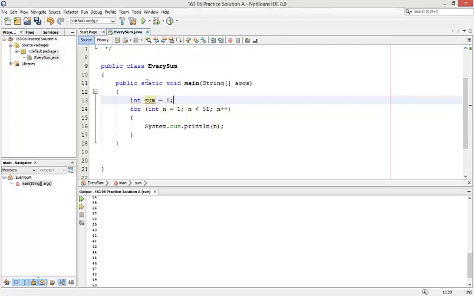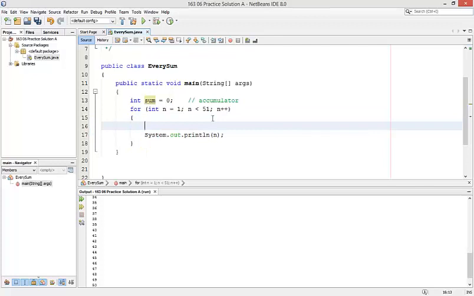I'm going to call it sum, and I'm going to initialize it to 0. Accumulator, and I'm just going to identify that as an accumulator there. That's going to be what I use to add up this answer that we're looking for. Every time we increase n, we are just going to add this new value of n onto sum. And so the long-handed way of writing this is sum equals sum